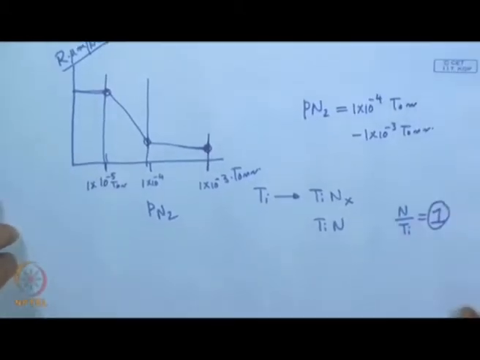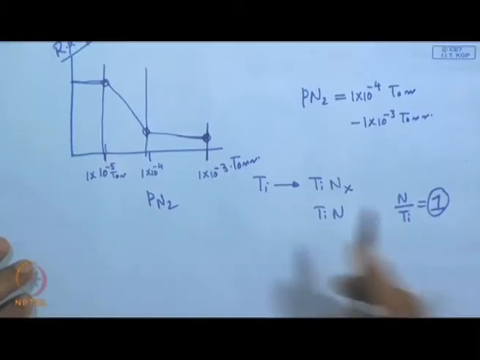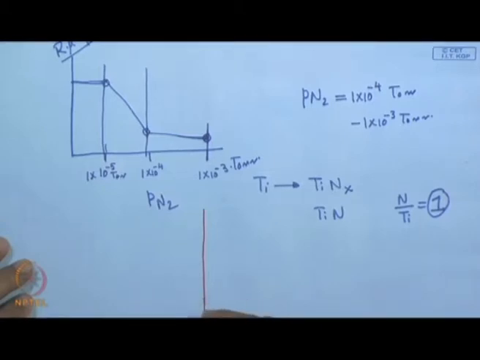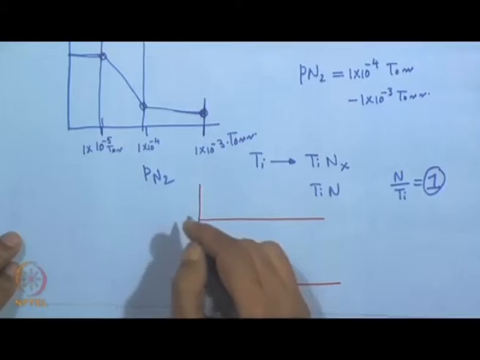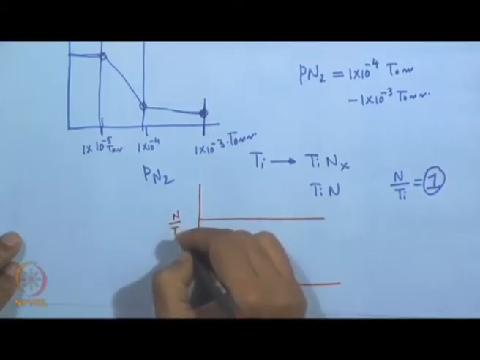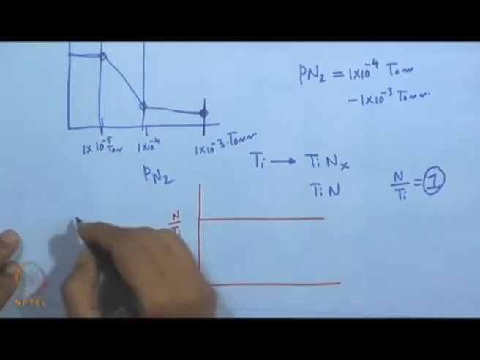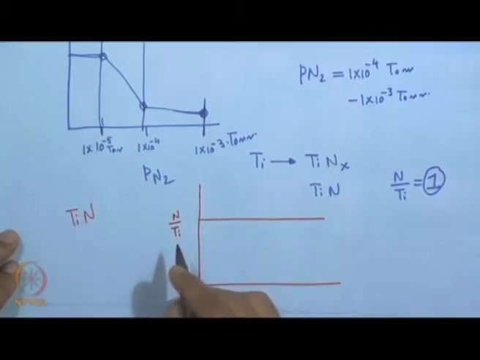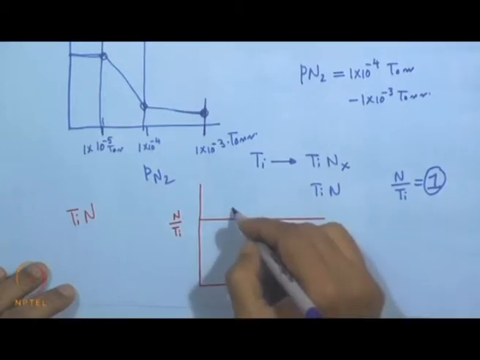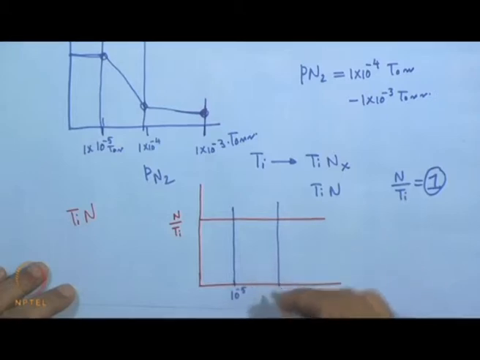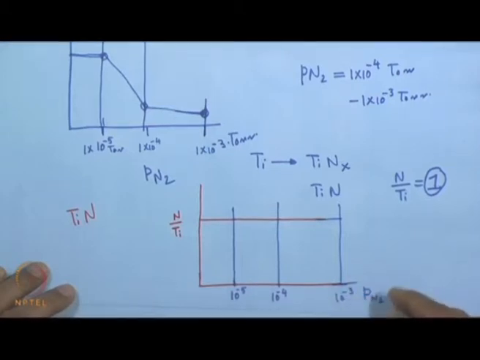Now, with this partial pressure, another thing also worth mentioning is this ratio, the atomic ratio of N by Ti. One would be interested to get a stoichiometric TiN, and stoichiometric TiN means N by Ti should be very close to 1, and this is also our experience. Say 1 into 10 to the power minus 5 is the point where deposition starts, and then gradually changing this from 1 into 10 to the power minus 4, and if we can extend this sputtering to 10 to the power minus 3, that is PN2 in torr,